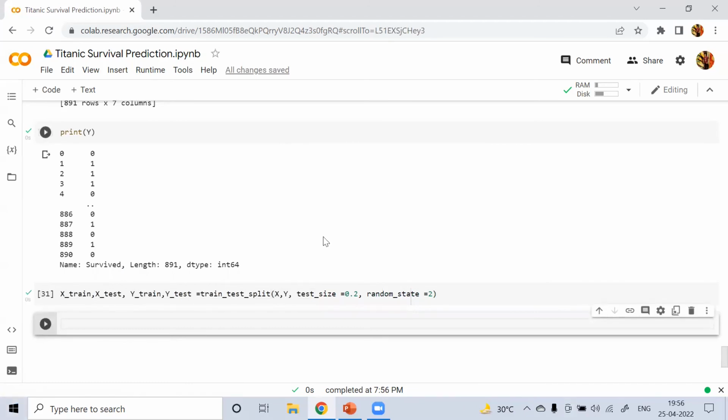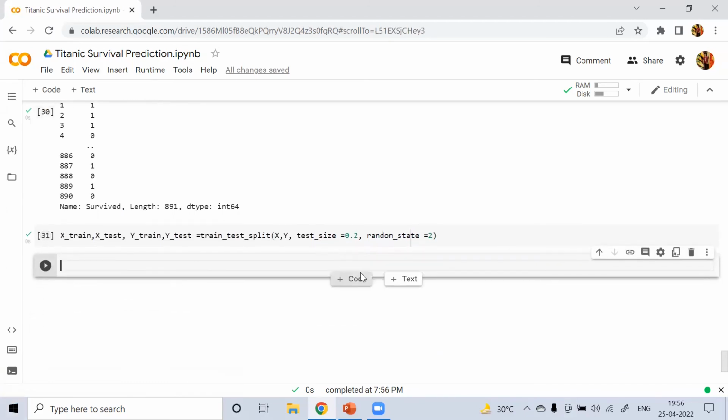So basically, test size of 0.2 means 20% of the data set is used for testing purposes, and the remaining 80% of the data is used for training purposes. And random state equal to 2 is just to reproduce the same code, meaning your and my data will be split in a similar fashion, so our output will be the same. So let's check the shape of X, our original shape, as well as our training and test data set.